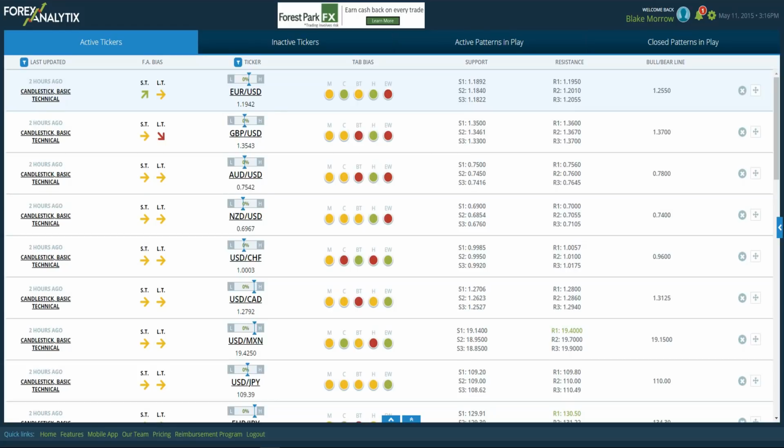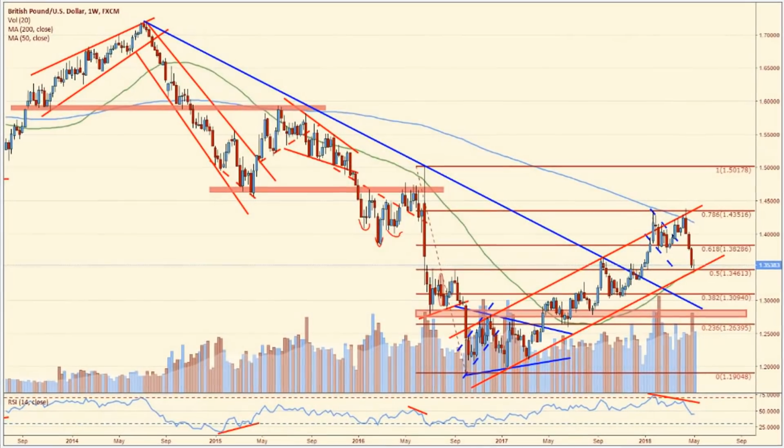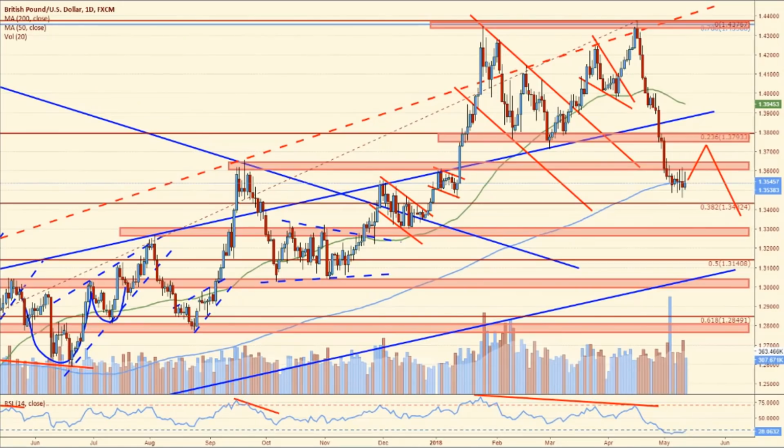So if you have any pound exposure, it's worth paying attention to, because the cable has sold off so aggressively recently, and whether or not we bounce back from this consolidation after hitting basically 127% extension of this move, whether or not we bounce back and test the neckline here of this double top, I think that's going to have more to do with the economic data that's released on Tuesday. So pay attention on Tuesday in the UK.